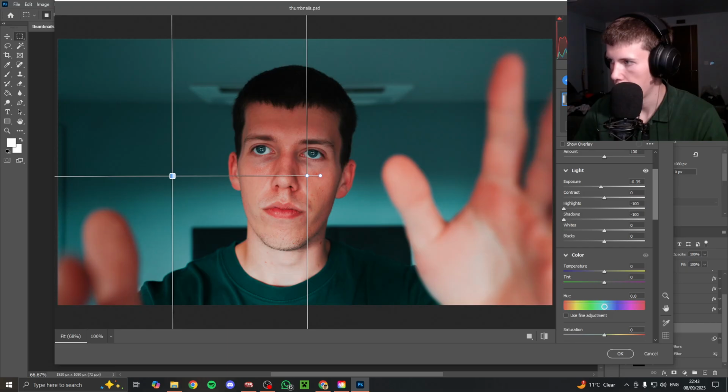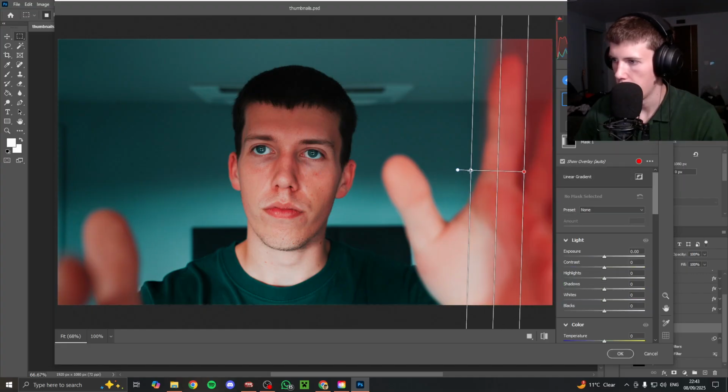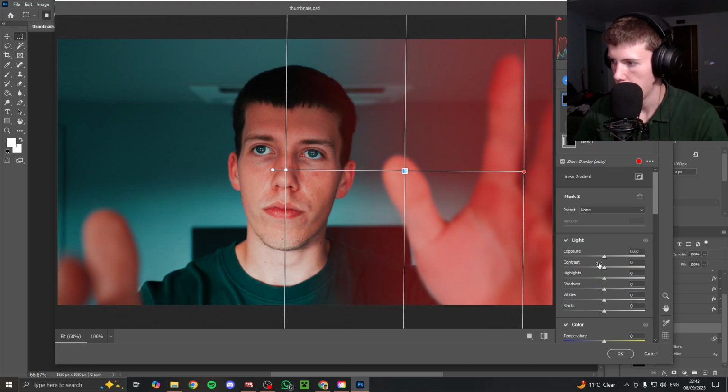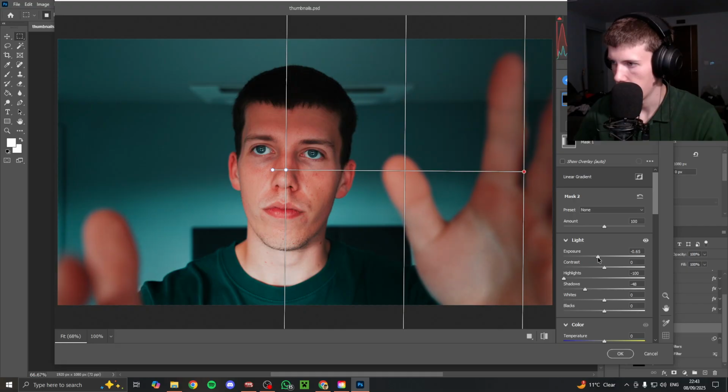And then I want to create a new mask. I'm going to do a linear gradient again, on this side now. I'm going to drag it all the way over like that. I'm going to turn the highlights down, turn the shadows down, mainly the exposure, but this one maybe not quite as much because you still